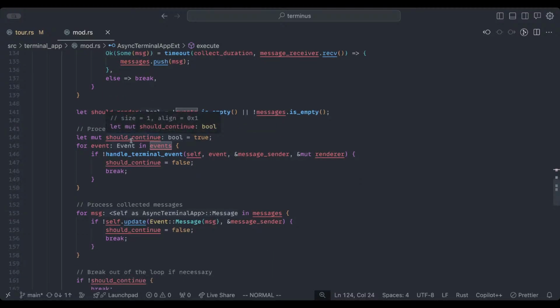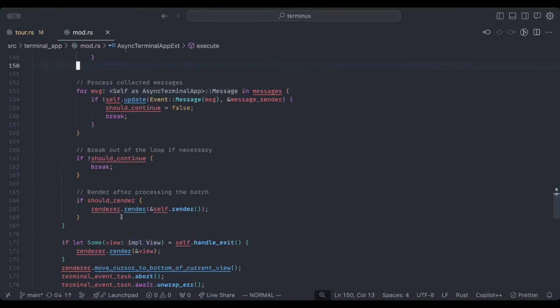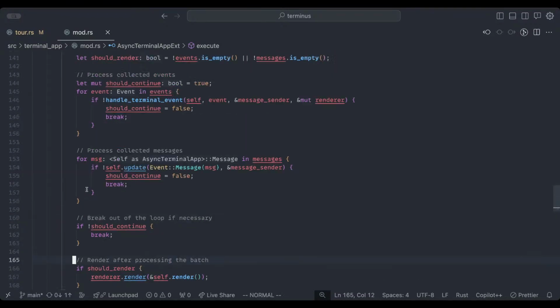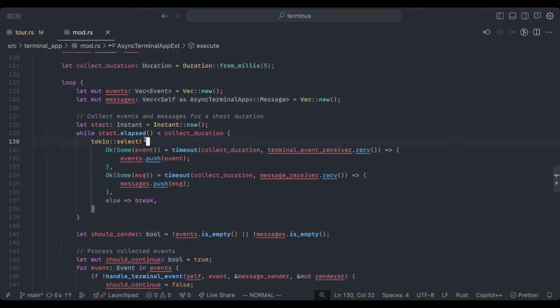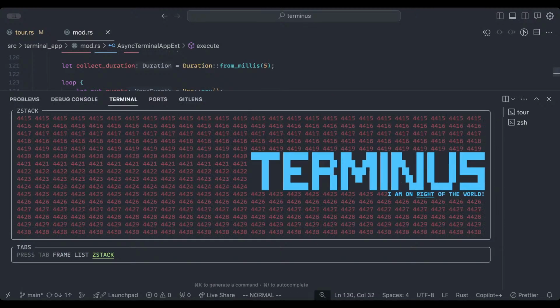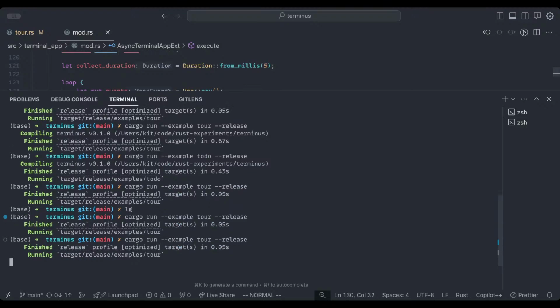And then I render only after handling all of those things. And I think there's a little bit of debouncing logic accidentally going on here as well. It just seems to work out really nicely. It made it really smooth. It's not the most beautiful code in the world, but